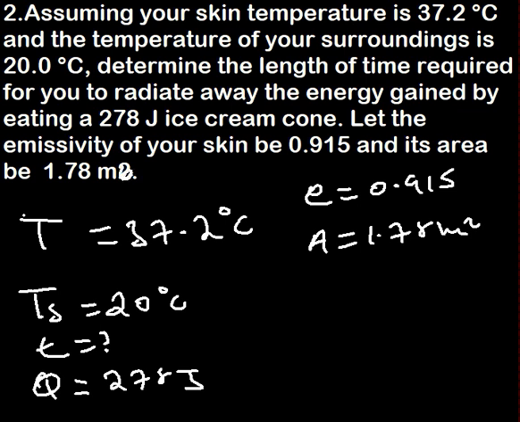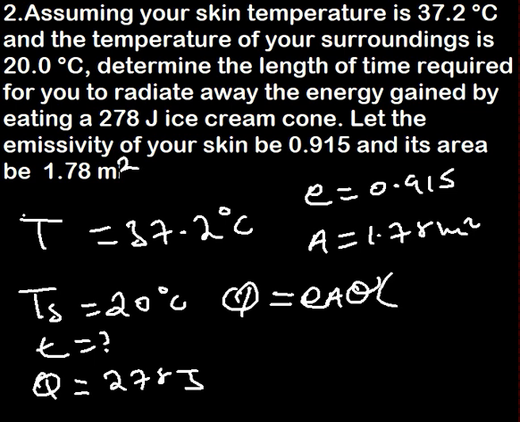That should be meter square, by the way. Now what's the formula? The formula is about the heat flow, or the heat transfer using radiation. That is emissivity times the area times the Boltzmann constant, which is always given,